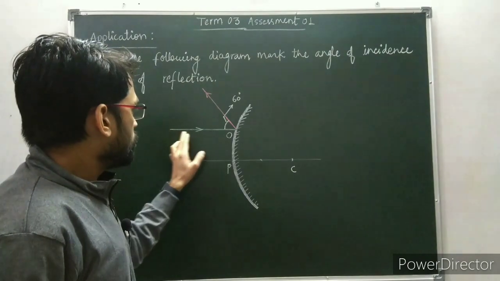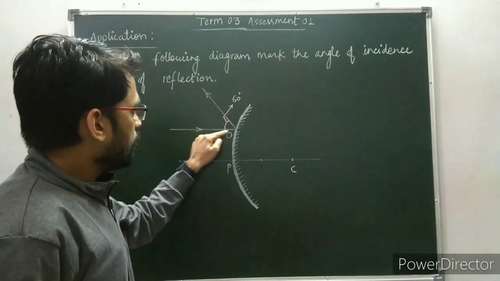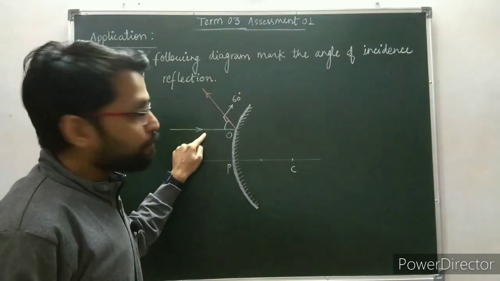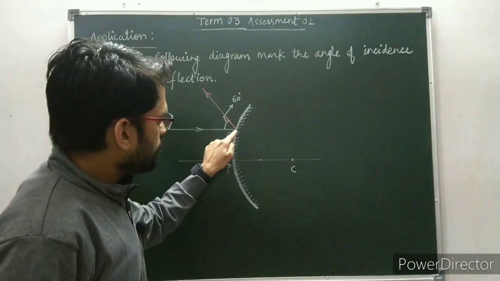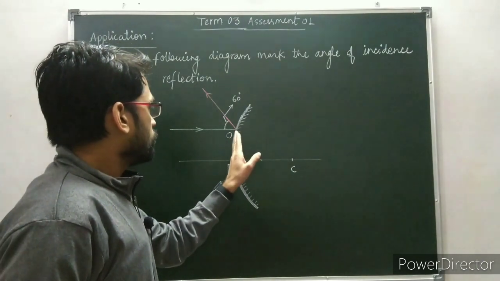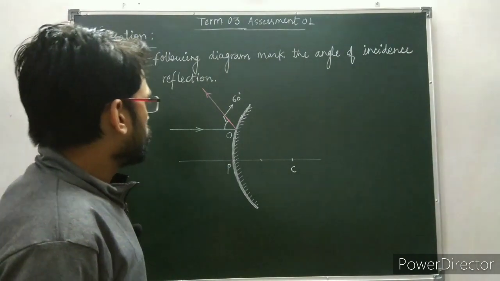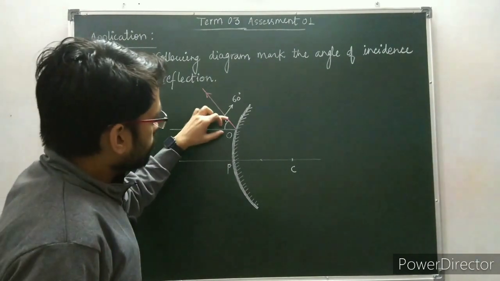So this green ray is the incident ray, and incident at point O, and the ray is reflected in such a way that the